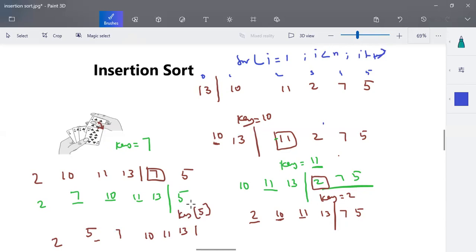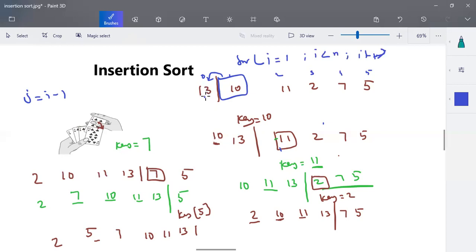Okay, and what about the inner for loop condition? The inner for loop is for comparison. So we'll be considering this element as the key element and we have to compare it with the previous element. And this inner for loop actually starts from, if this is my ith element, I'm going to start comparing with the i minus 1 element. So we'll have one j element as i minus 1. So this is for your inner for loop. And we'll be comparing the elements in this inner for loop.